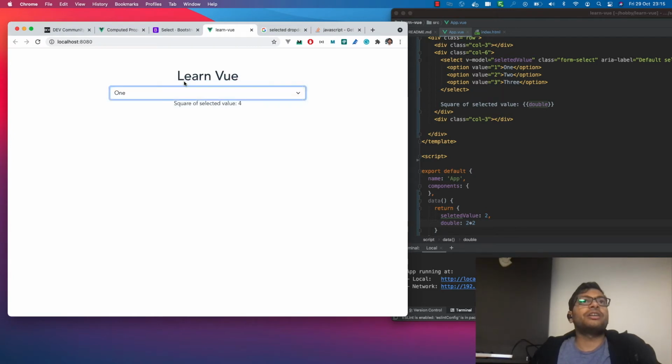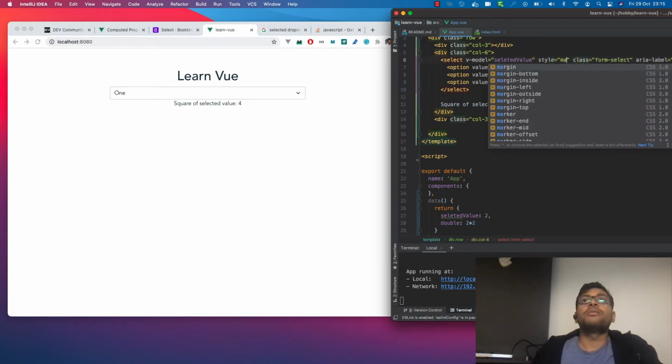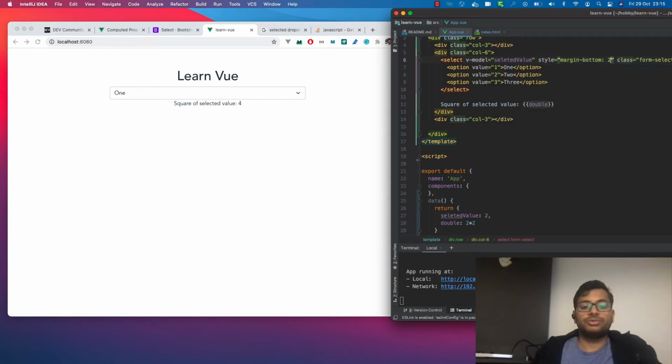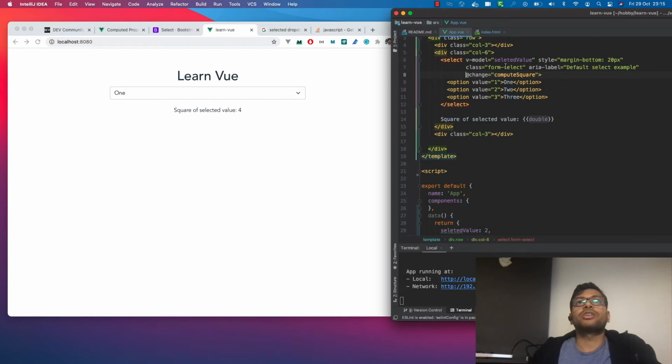but see the thing, so let's keep some margin here, style margin-bottom 20 pixel. So you can see the entire thing.